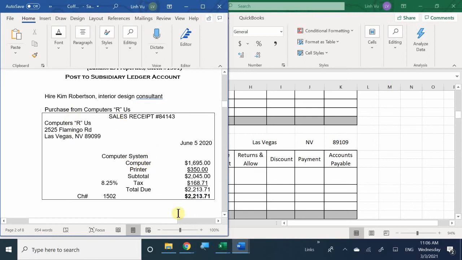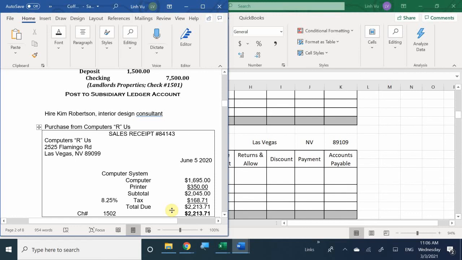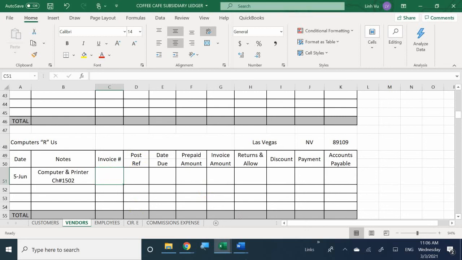What can I put as my invoice number? The sales receipt number. So in this case, it's number 84143. So I'm going to go ahead and indicate that in my ledger so I know in case for any reason